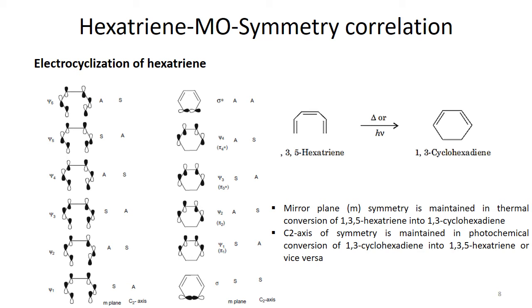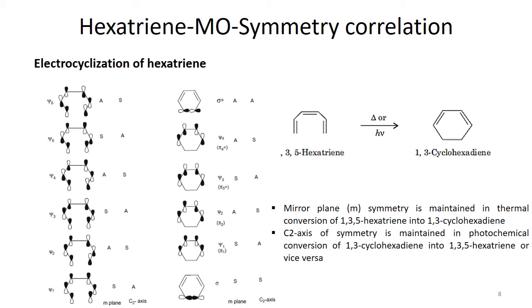On the other hand side, this is the product, that is 1,3-cyclohexadiene. You remember when we talked about the reaction of two ethylene molecules, we discussed how the HOMO of one ethylene molecule and the LUMO of the other must match in symmetry. But in this case, because there is only one reactant, we have to consider the reactant's electrons that have to go to the product. So the symmetries of the reactants should match with the particular molecular orbital that is going to be formed after the electronic movement.